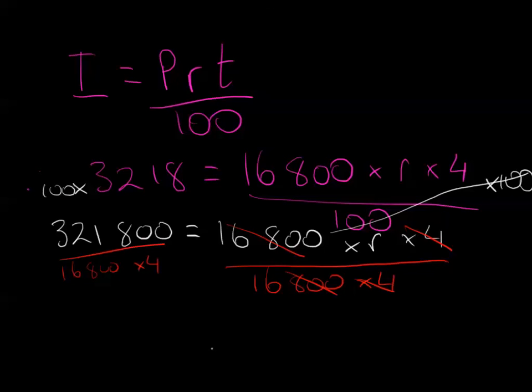We're going to end up with R equals, our interest rate equals 321,800 divided by 67,200. Therefore, we can say that our interest rate equals